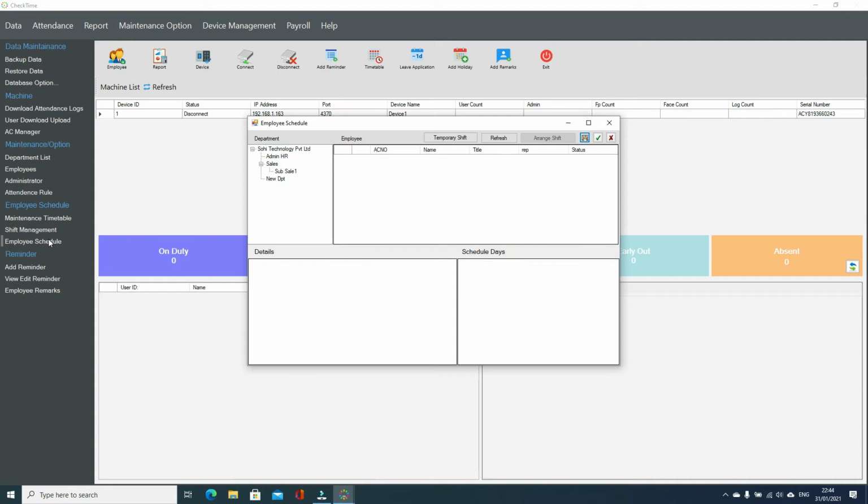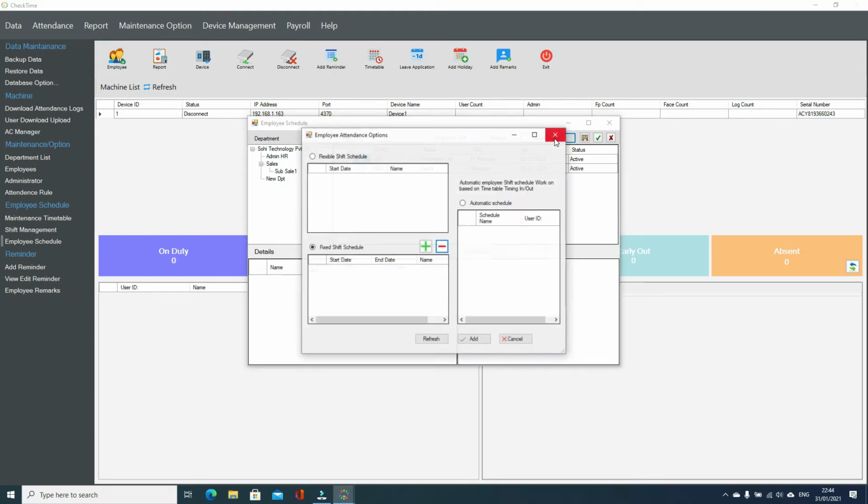When you want to give any shift to any employee, go to the department. You can select all from this green check, or you can select one employee who follows the shift. Then go to arrange shift. This is a fixed schedule. This schedule is for shift, for those using a fixed shift like the office people, so they are using one shift. Go to the plus sign,